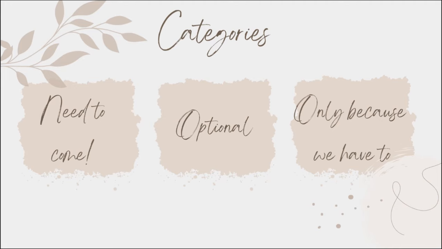The last group is the "only because we have to" group. Evaluate those guests who you feel obliged to invite. Consider if inviting them is truly what you want. By categorizing your guests, you can make more informed decisions about who to invite while sticking to your budget and the venue capacity. If you need people to let go, start with the "only because we have to" and build